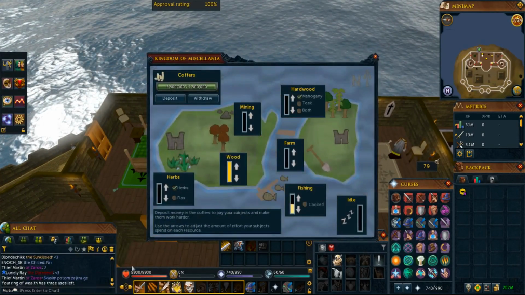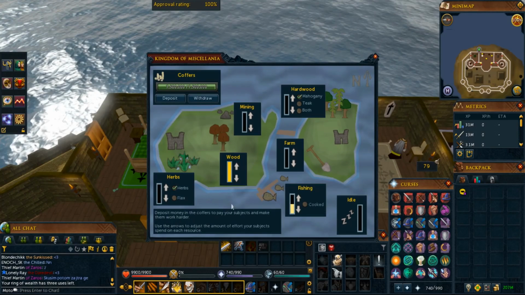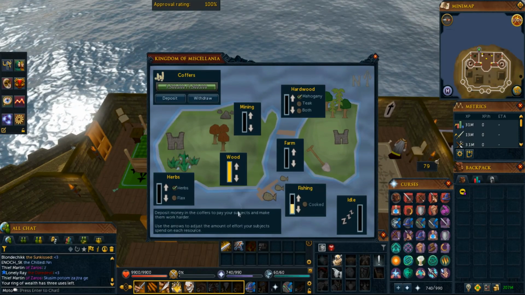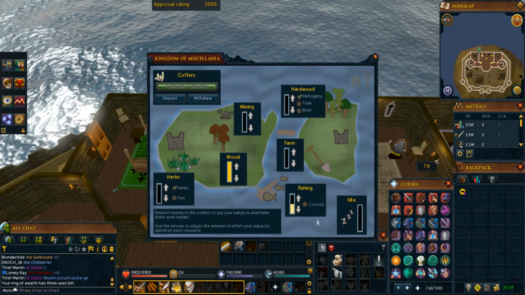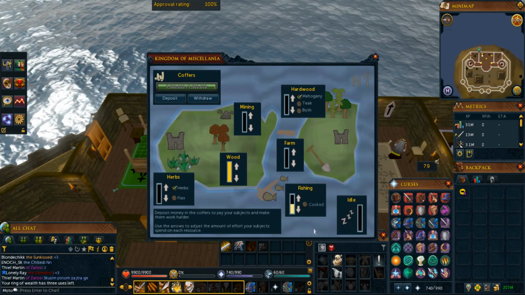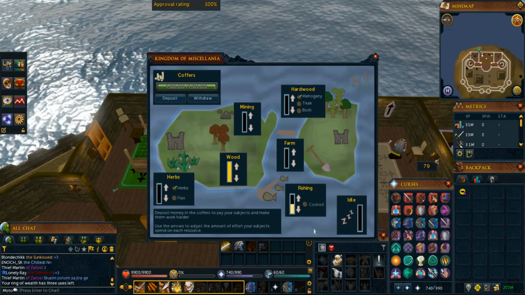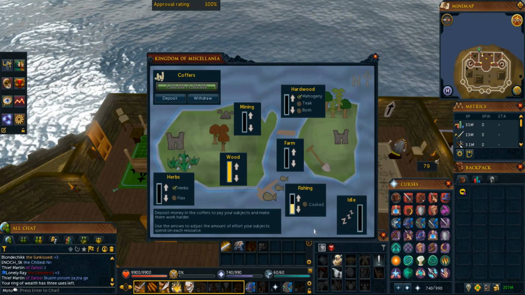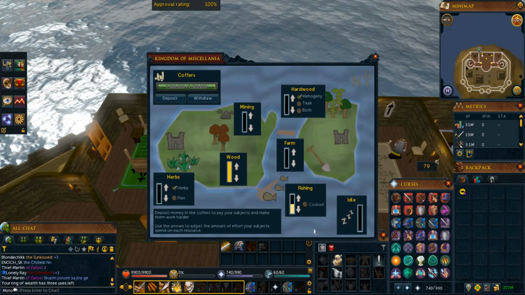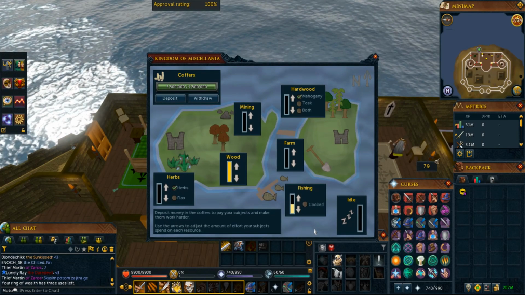I always have 7.5 mil, so it will never run out of money. I think it uses around 50k a day, so as long as you keep up with that, then it should be fine. Basically all this does is that it will turn your 50k a day into resources, and you can choose which resources that you want. At the moment, this setup that I have right now is the most profitable one, so if I were you, I'd copy what I have now on screen,